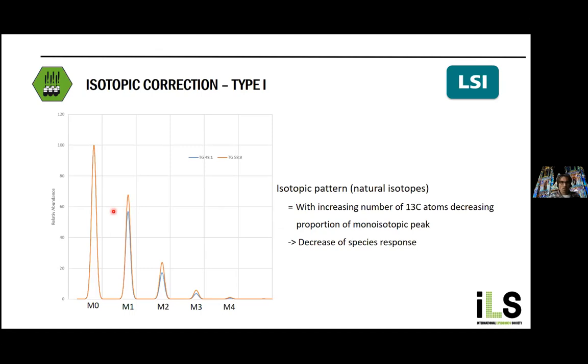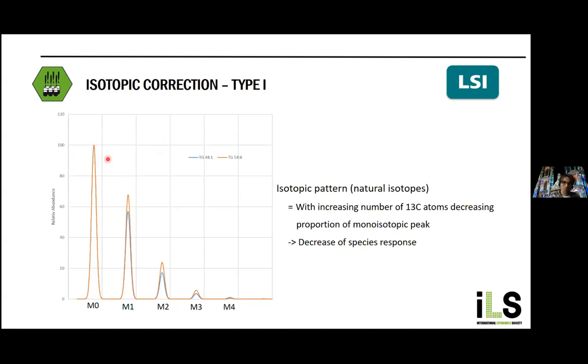If you look at the triglycerides in these examples, 48.1 and 58.8, you see that with an increase in carbon number, your isotopic pattern shifts to the higher isotopic peaks. So you get in fact a decrease of your monoisotopic peak,